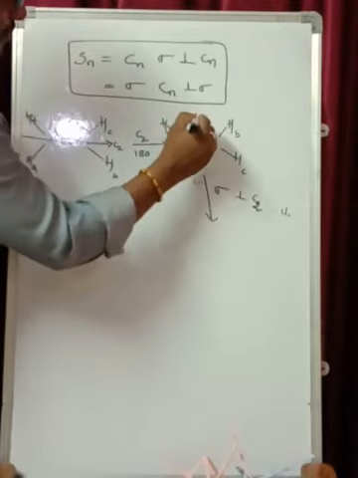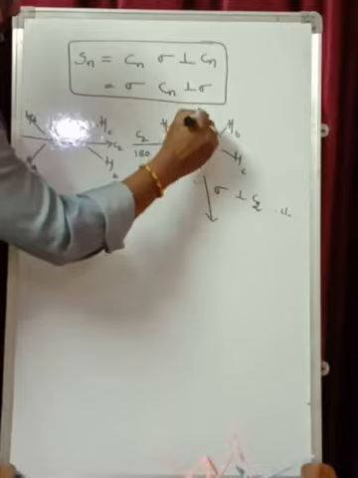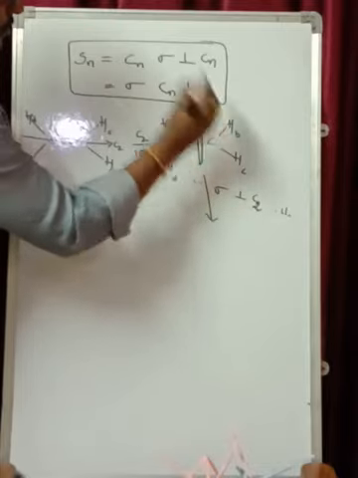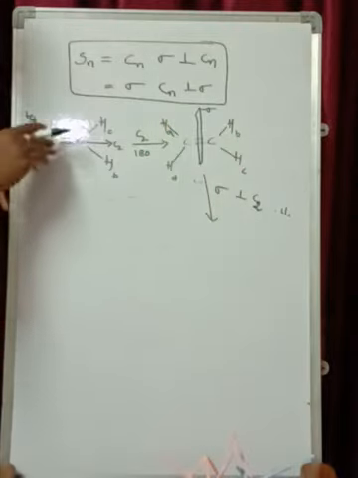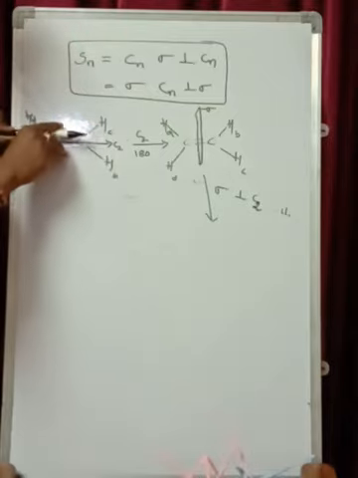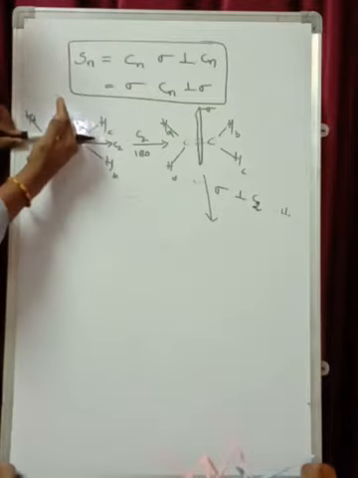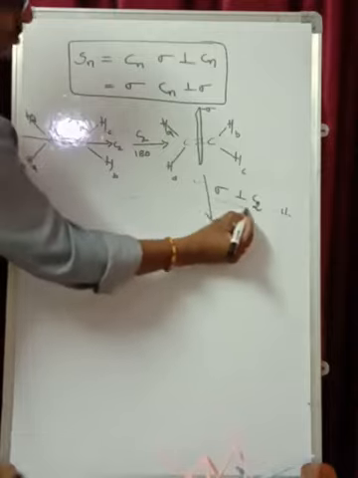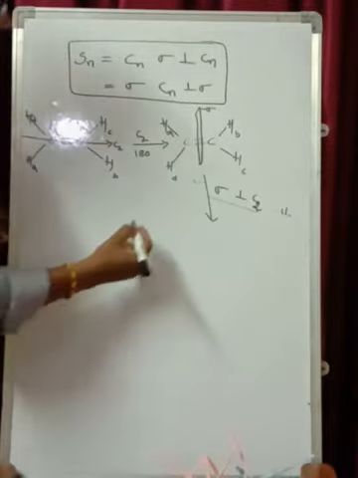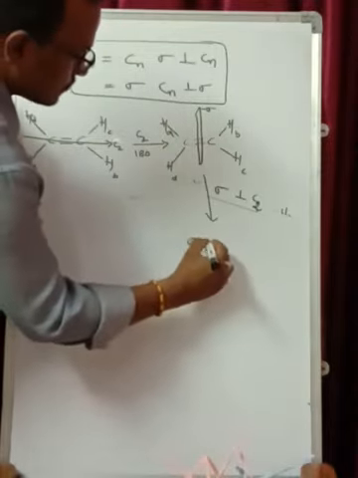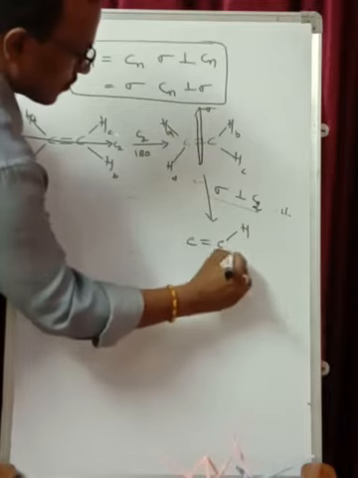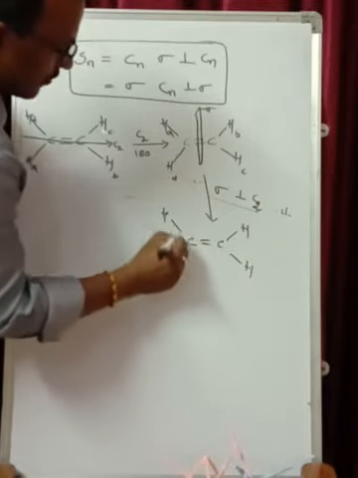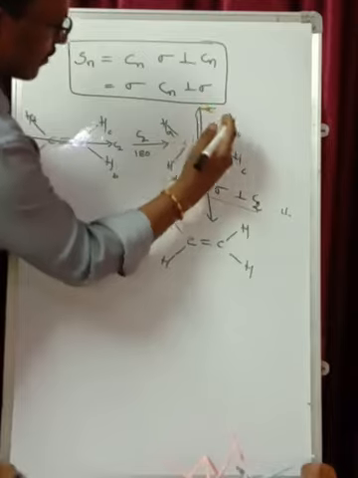That is, the plane will be passing from the center of the ball. This is your sigma. Now C2 is along this axis and your sigma should be going perpendicular like this. So therefore sigma must be done perpendicular to the C2. If I do the sigma, if I do the reflection along this particular plane, what is happening?